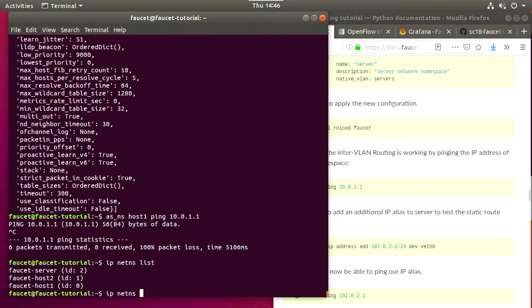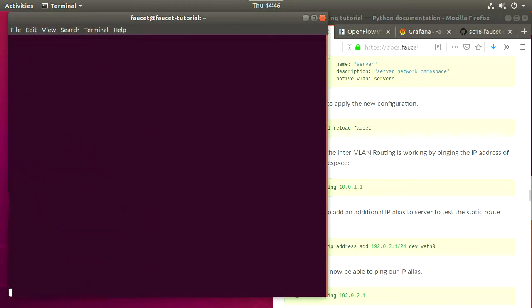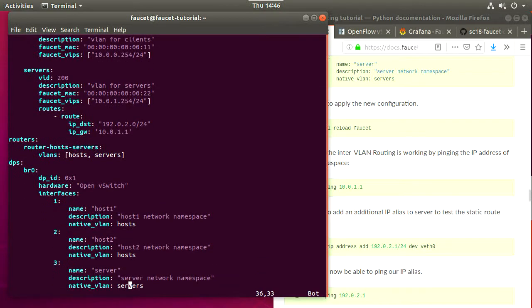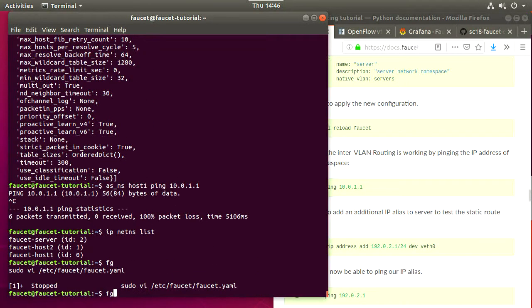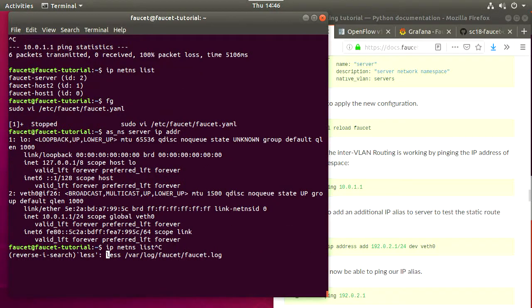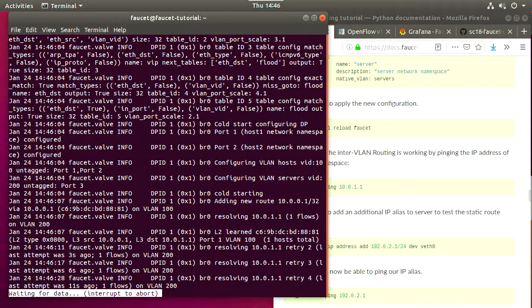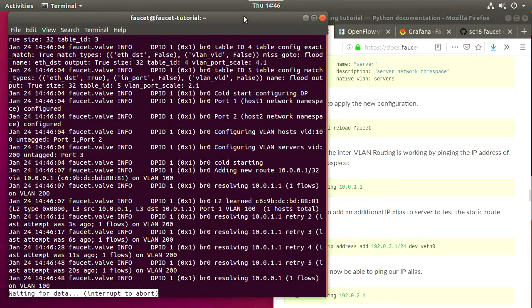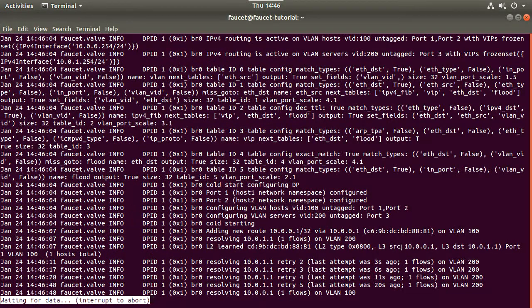Okay, the server's there. Port 1, 2, 3. Done 10.1.1. Okay. Well, I'm still not sure what I did wrong, but this is a good way to do some Faucet